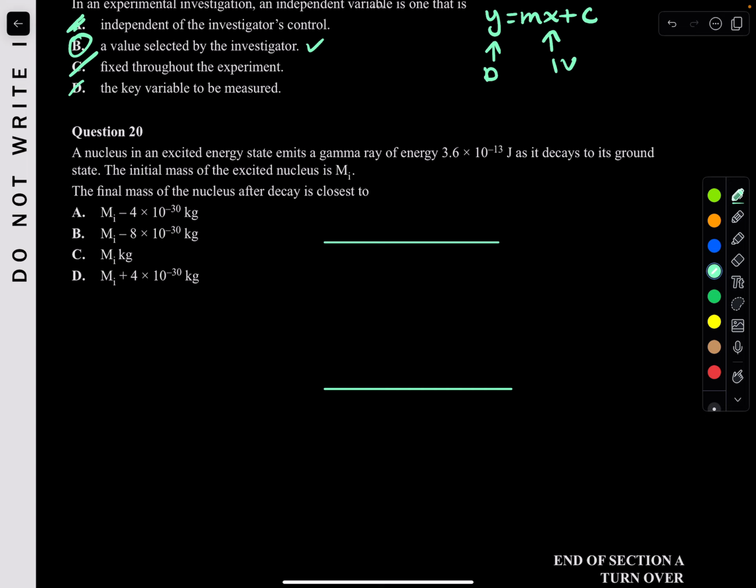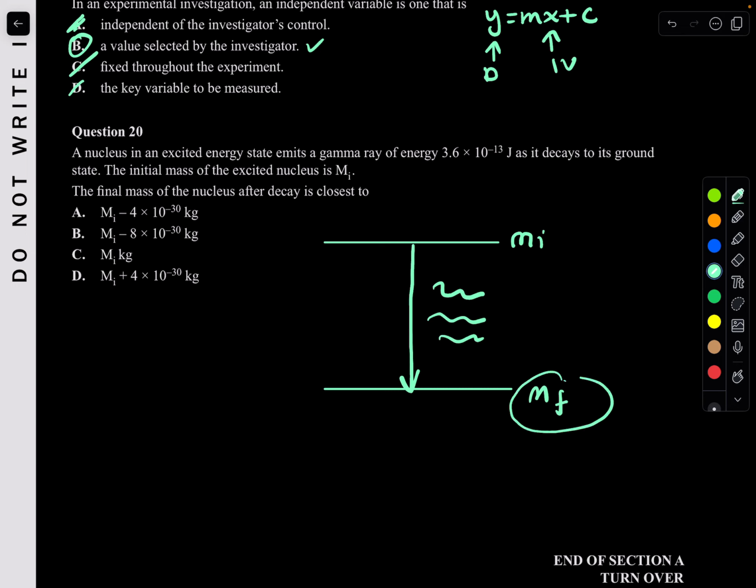Imagine this here was your initial mass, Mi, and this is your final mass, because this is your high energy state, and it emits some gamma rays. It goes downwards, releases some gamma rays, and it will have the final